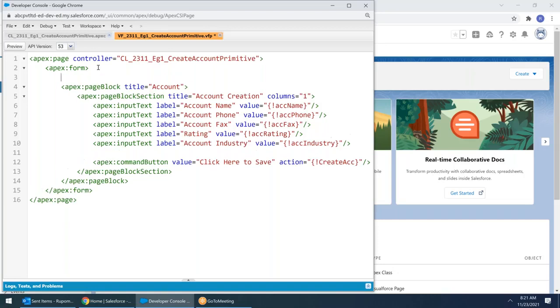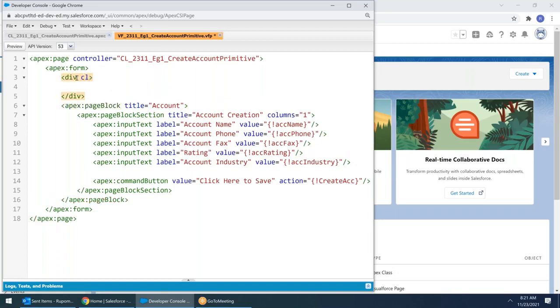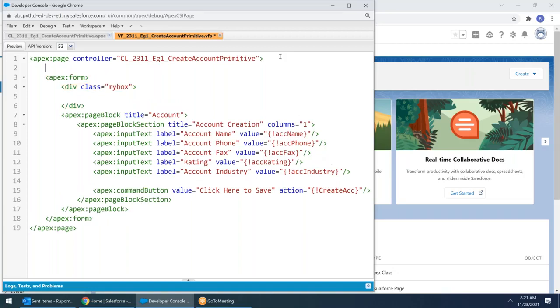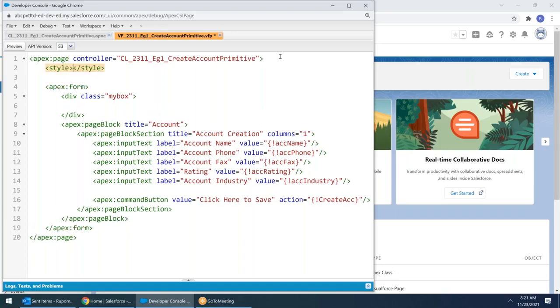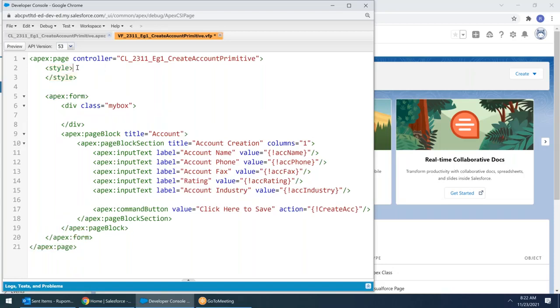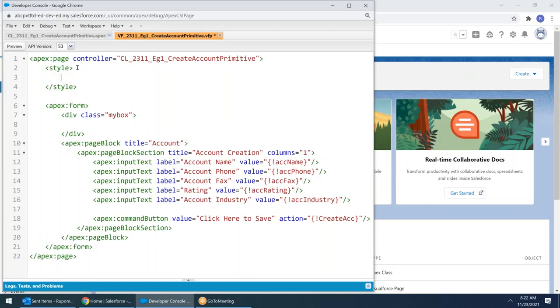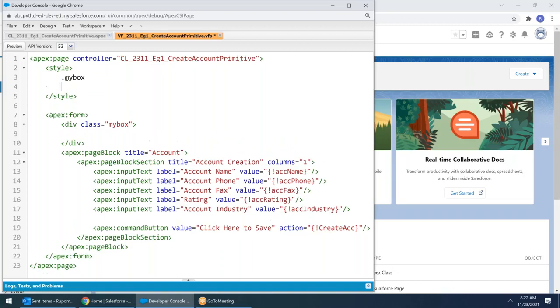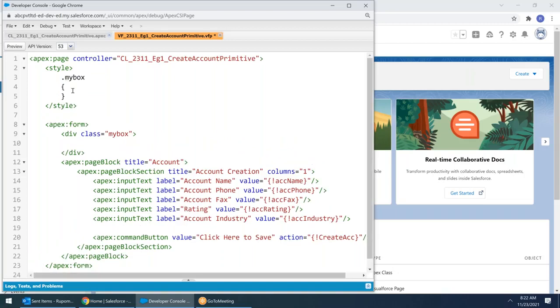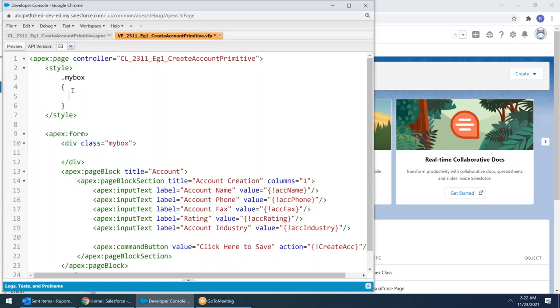Here I will put a div, class equals to my box. Here, I'm writing a style, command, style script dot my box. We have done all this. How to give a color? My box color, color equals to